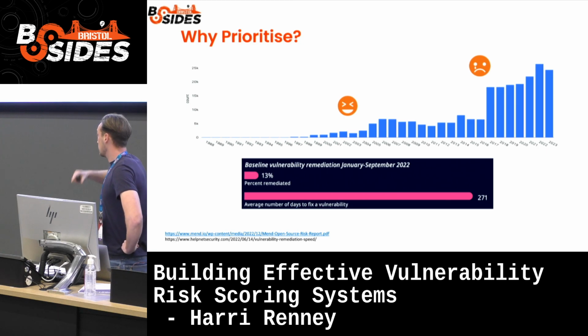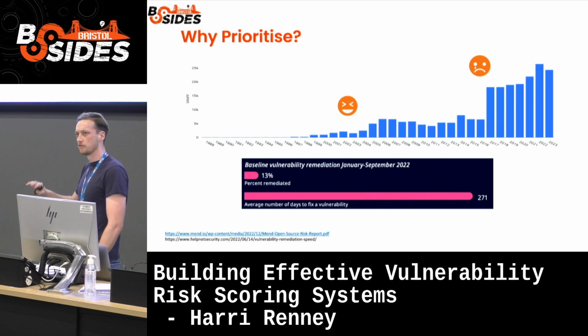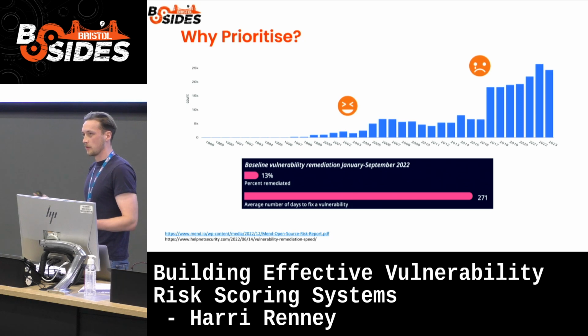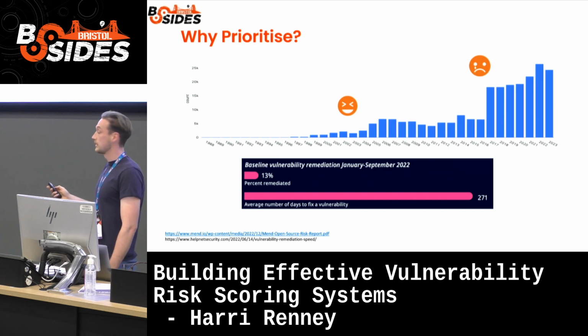So a lot of these cybersecurity companies gather a lot of evidence from their clients, right? And so Mend.io, for example, has this number, 13%. I think they did a review of 1,000 companies, and on average, a company can only remediate 13% of the vulnerabilities they have, right? I've looked at a couple of other sources for that, and it's around 10%. There's a lot of vulnerabilities. You need to prioritize which ones are the riskiest, so you can do the top 13% on average, the riskiest ones that are likely to actually affect your organization.